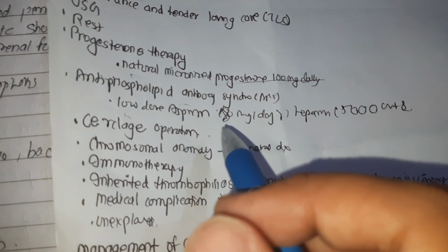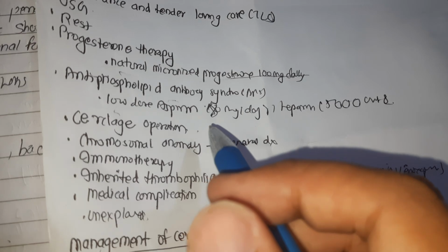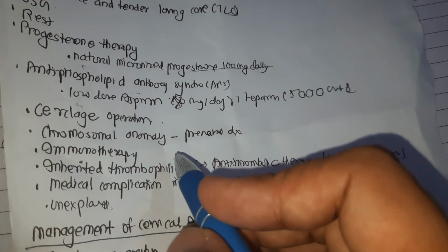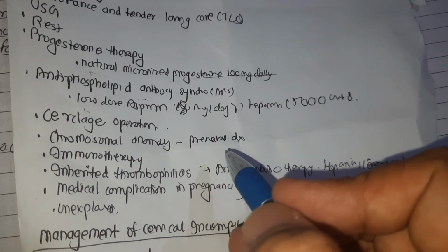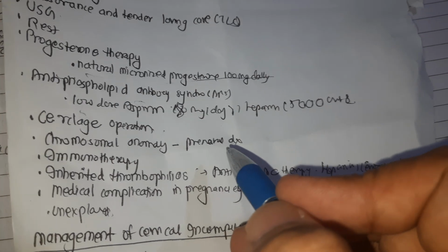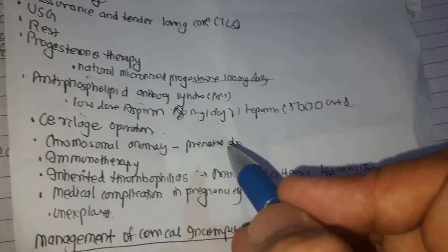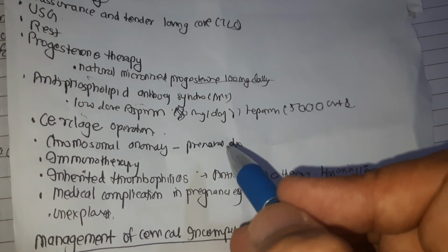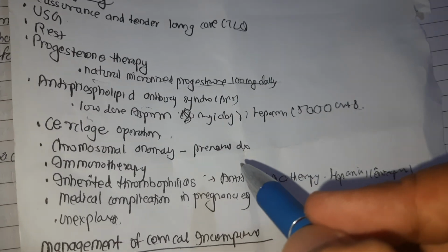Now we have the cerclage operation. Cerclage operation for cervical incompetence is to be performed. And for chromosomal error, if the defect is paternal, artificial insemination by donor is an option. For maternal defect, donor egg may be fertilized by husband's sperm. The PGD is also available for patients who wish to use their own gamete. The pre-implantation genetic diagnosis at the blastomere stage is another option. Only then the few balanced embryos are transferred and then successful pregnancy.